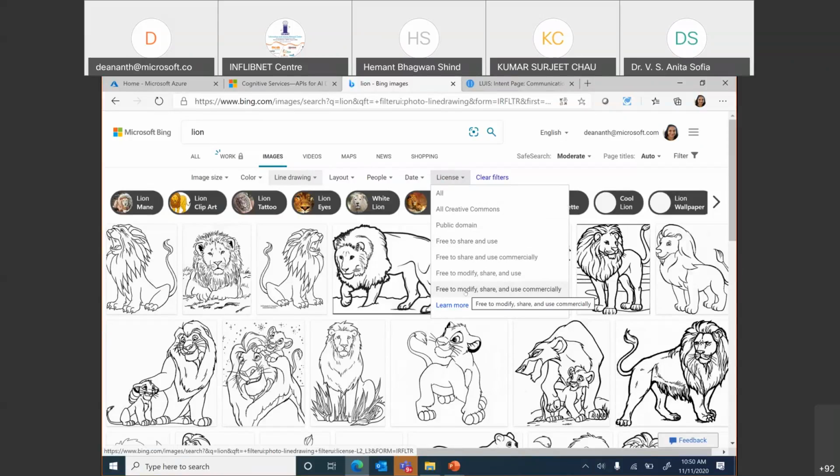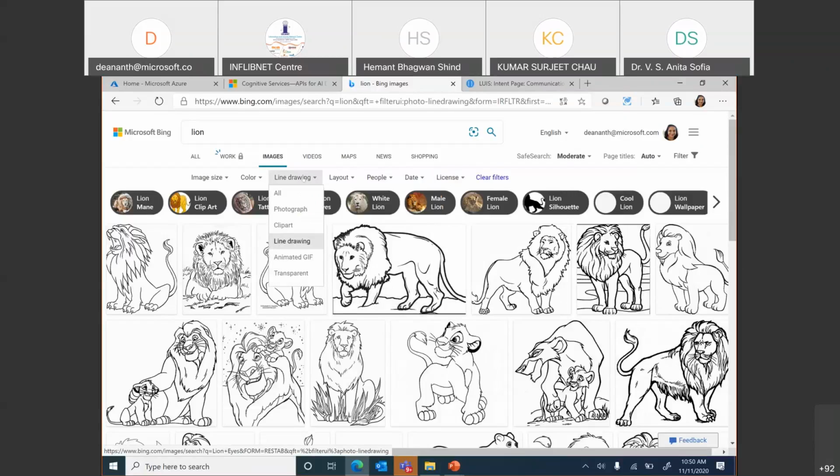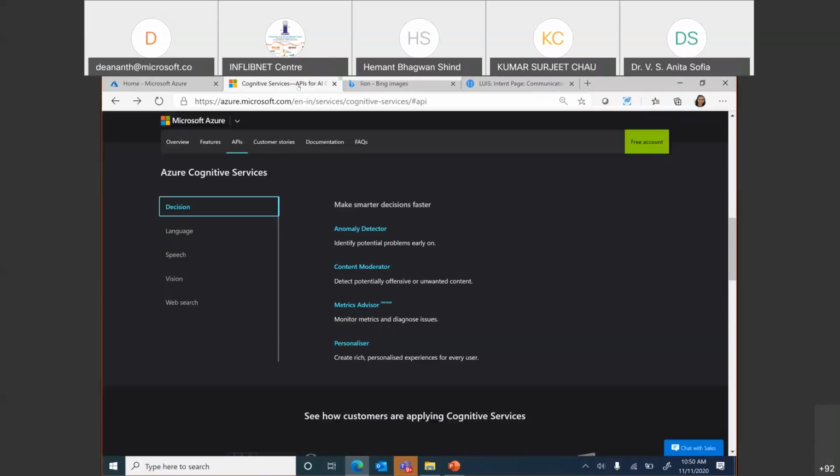commercially. So when a picture gets uploaded on the internet, let's say you have a website and it is not a private website, it's not your content, a lot of tags, like what is the image size, what is the color, whether it's a line drawing, clip art, photograph, what's the layout, when has it been uploaded, all these metadata tags get added to those images if you make them public, and then it helps in being discoverable, right? So you can use the search to search for content even within an organization.